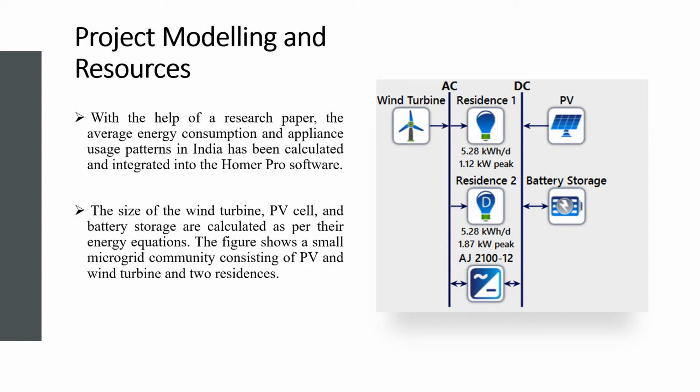And as per the load consumption, we have selected a wind turbine, PV cell, and battery storage systems. The size of the wind turbine, PV cell, and battery storage system is calculated as per the energy equations. So here we have two renewable energy systems: one is a wind turbine and another is a PV cell with a battery storage system. And we have an inverter as well, because PV is producing DC output,